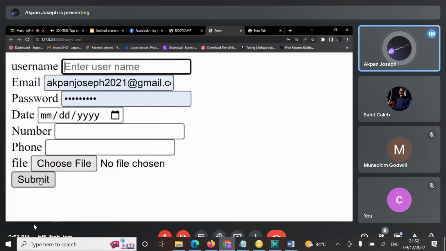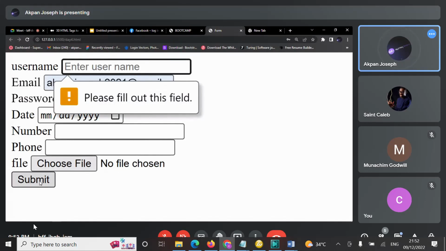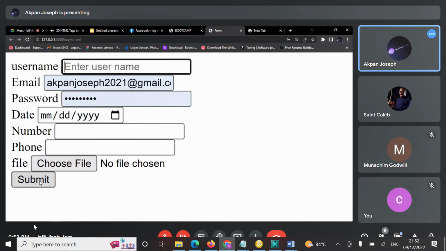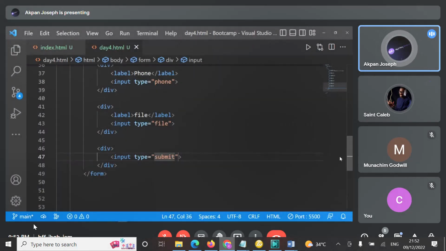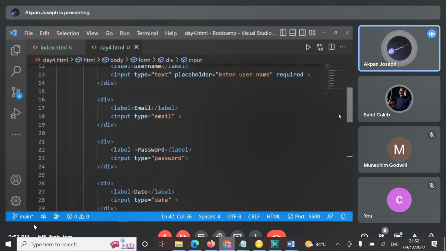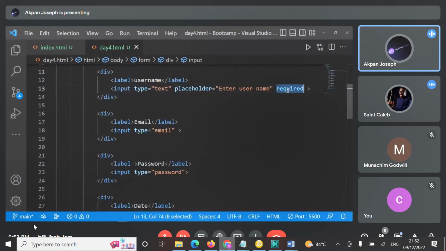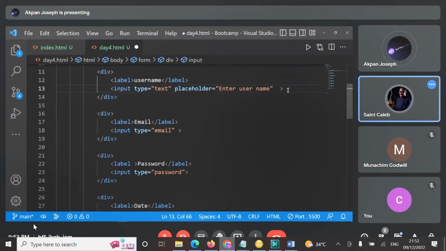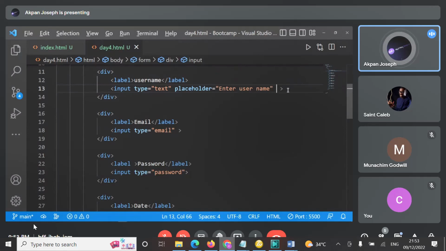So if I click on this here, it says fill out this field here. So why do we have it? Because we have added required on this. So if I remove this required now, save and then run, then click on submit, it just refreshes. But if I add required here, it will tell me I cannot proceed without first